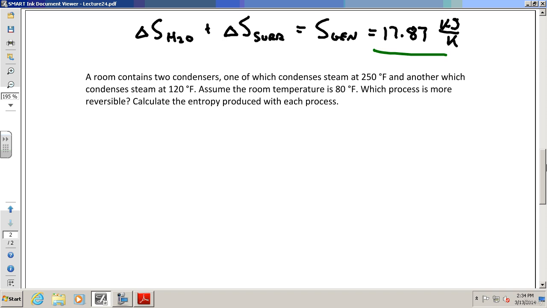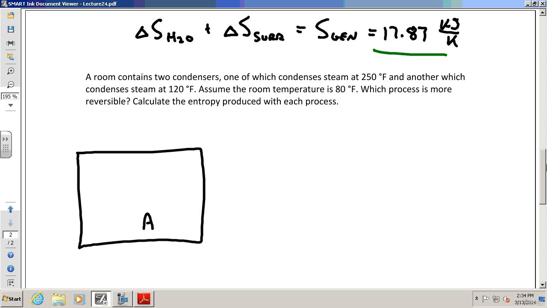Okay. So here's what we're going to do. There's a couple things I wanted to show you with the second example. Let me just give you the visual here. Let's say you've got a room, it's got air in it, and it turns out this air is 80 degrees Fahrenheit. So a fairly warm room, but not crazy. And inside the air, we're going to condense steam. So heat transfer Q is going to come in from the condensing. Now when you condense, what are you doing?